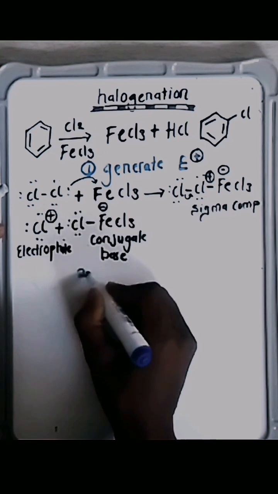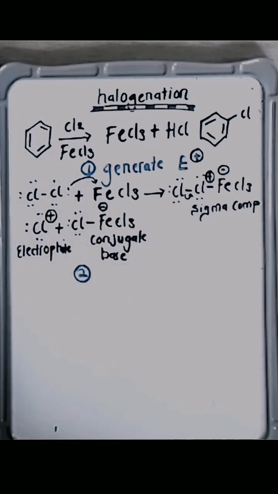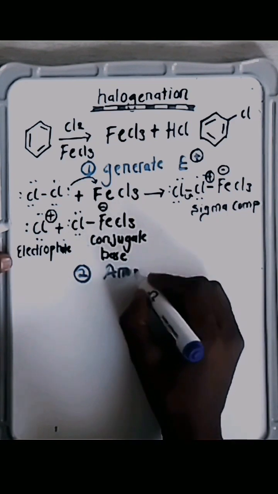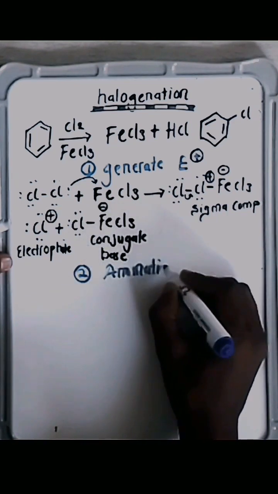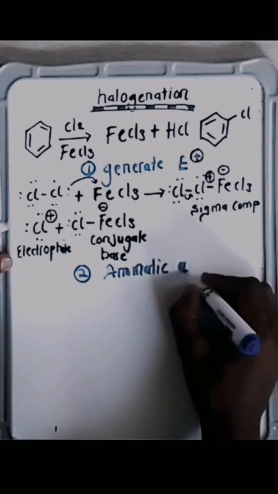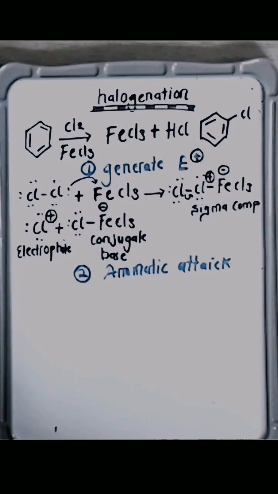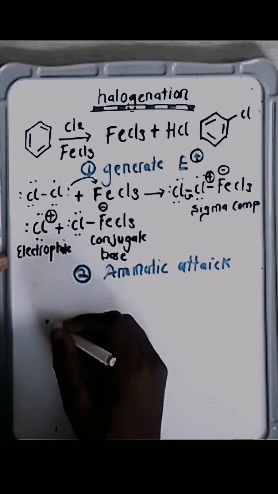So what do we do in step 2? In step 2, we're doing aromatic attack. Apologies, my markers are not really good. Okay, so we do aromatic attack. In aromatic attack, or electrophilic attack,